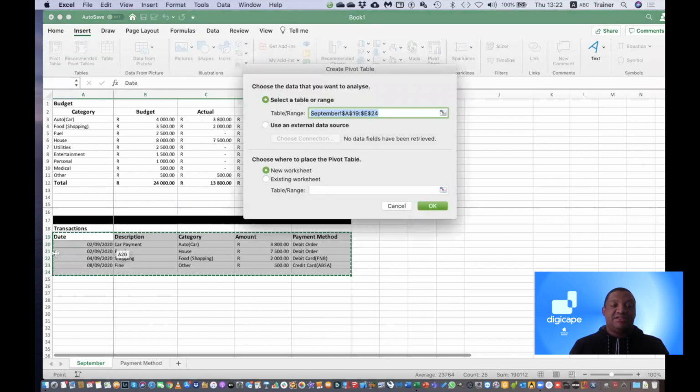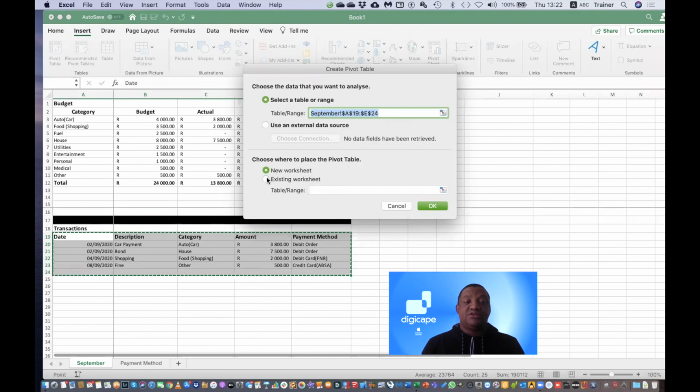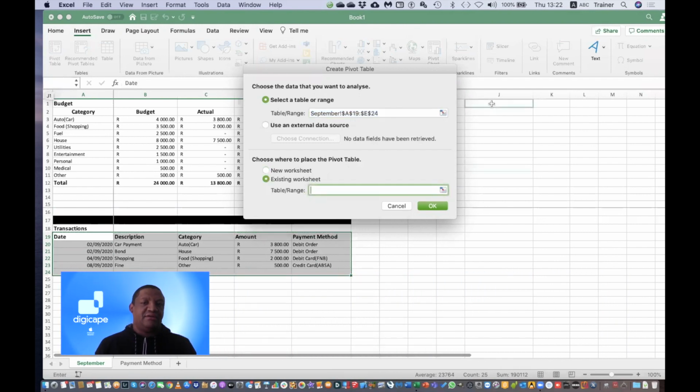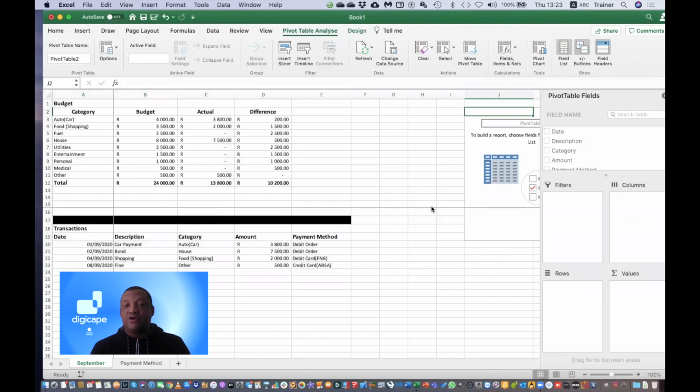So I go pivot table. That's my range that I've selected. That's all good and well. I'm not going to put it on a new worksheet. I can if I want to. I'm going to keep it on the existing worksheet, but I'm going to start my table range from column J. I'm just going to go a little bit lower. There we go. So I'm going to start with there. And I just click on OK. Okay, so there I've got my